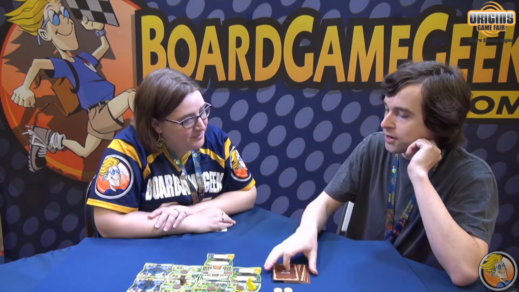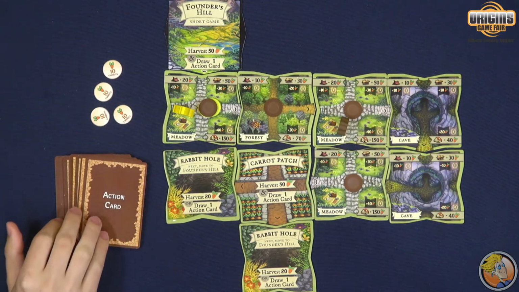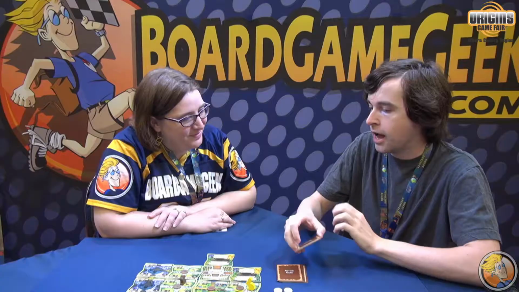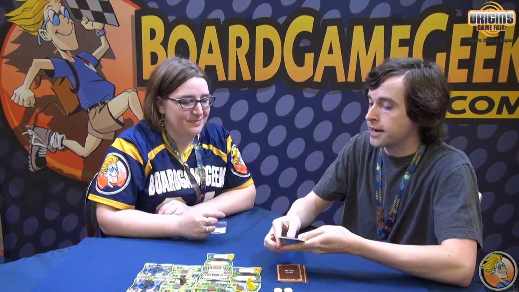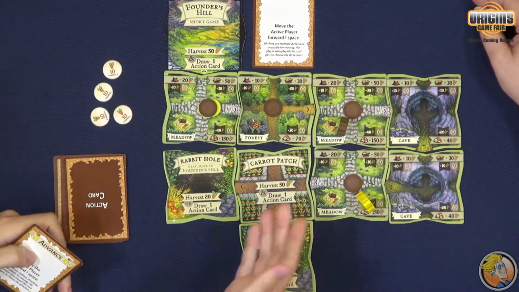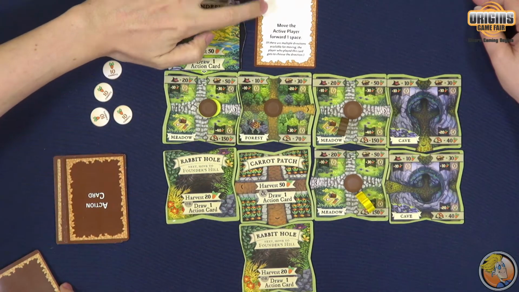Right. Action cards are special cards that will allow you to either help yourself or hurt your opponents, and they're how you're going to have more control over where you go on the island. For example, the artwork is not complete on any of these, but suppose the yellow rabbit was about to land right here, and Brown was like, no, I'm not going to let you take over my territory. I'm going to play advance to move you forward 1